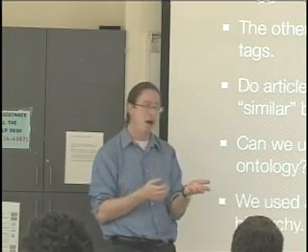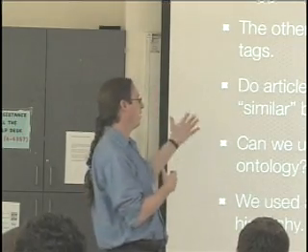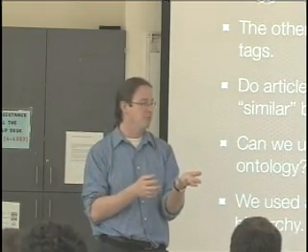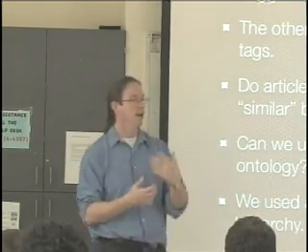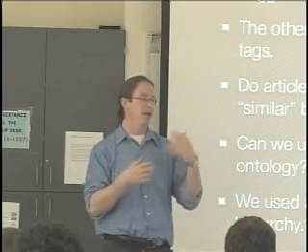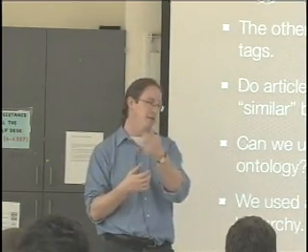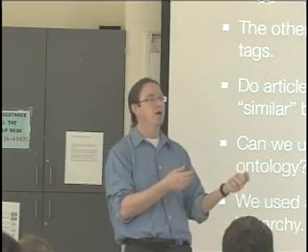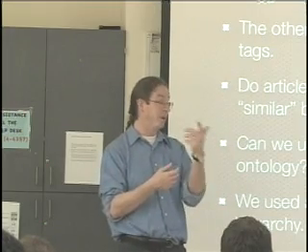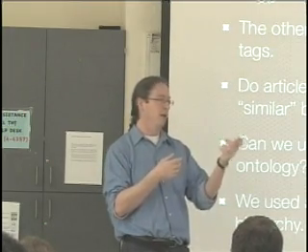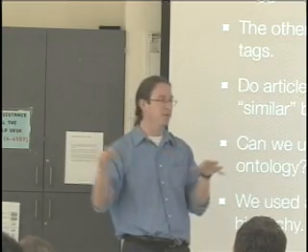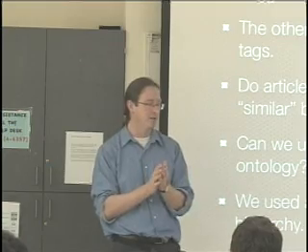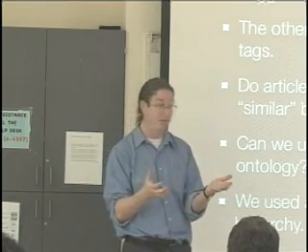So again, those of you who've taken AI, an ontology would be sort of the other way around of trying to represent all these articles. Rather than just assigning keywords with no semantic content, we would design a complex knowledge base that explained that California is a state in the United States and that San Francisco is a city in California. And so articles that were tagged San Francisco would be about California as well, and that California and Nevada are next to each other and so on, and we could reason about all that. You can do a lot more with it, but it's very hard and it's difficult to scale. It requires a lot of person hours to really build this kind of thing.